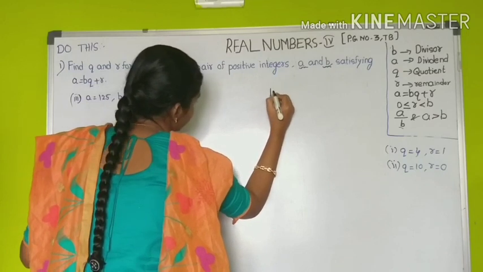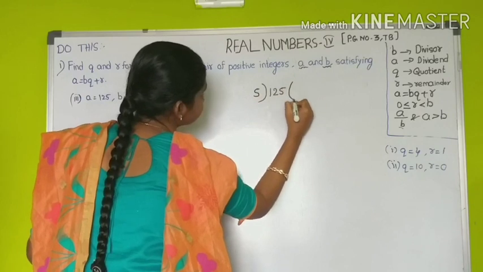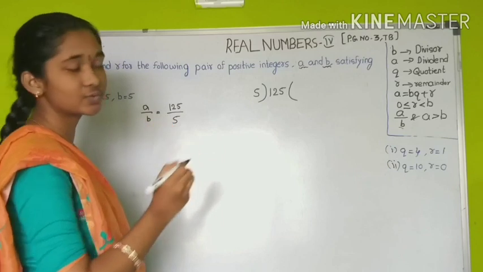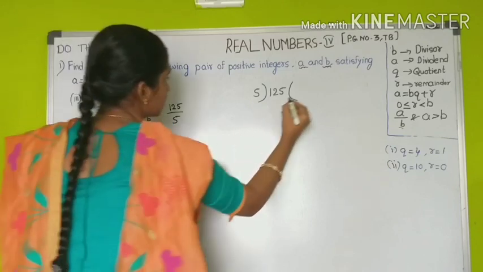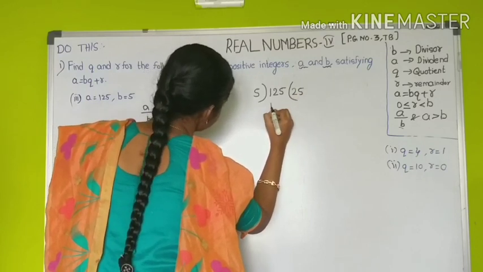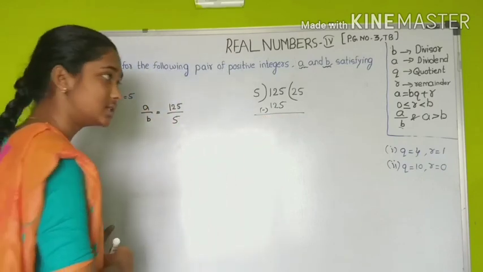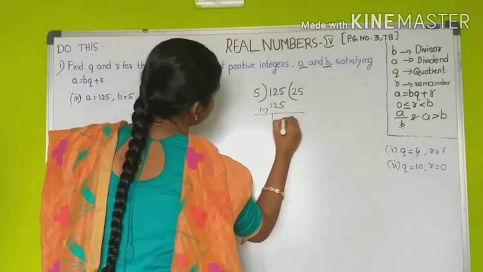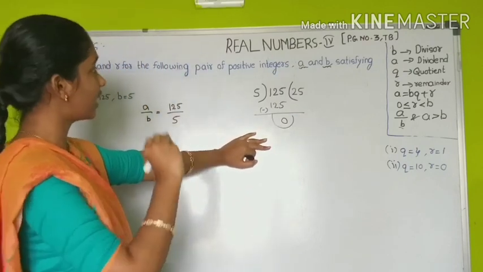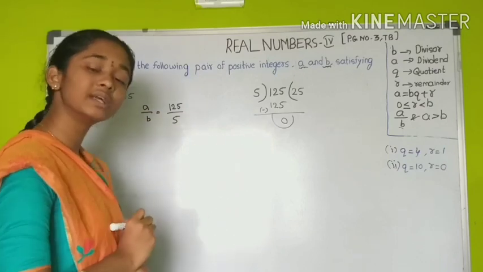We write here 125, and we write here 5. And we all know that 25 fives are 125, or 5 into 25 is 125. So we write here 25. 125 minus 125 is 0. So we write here 0. Or we can also divide this by taking 5 twos are 10 and then 25 and then 5, and also the same happens. The remainder becomes 0.